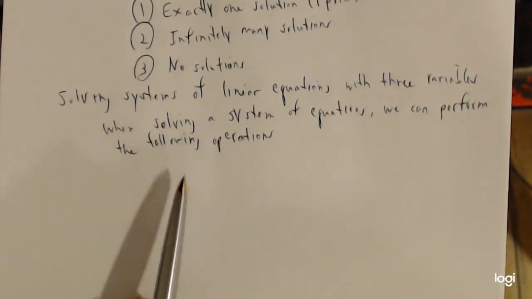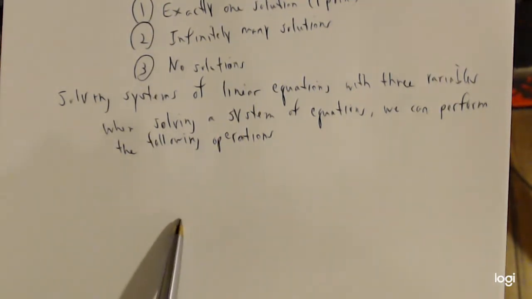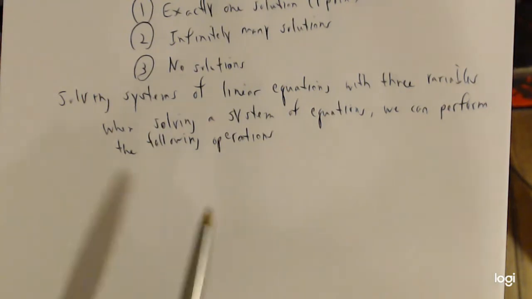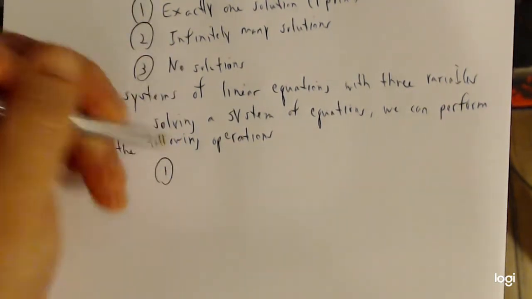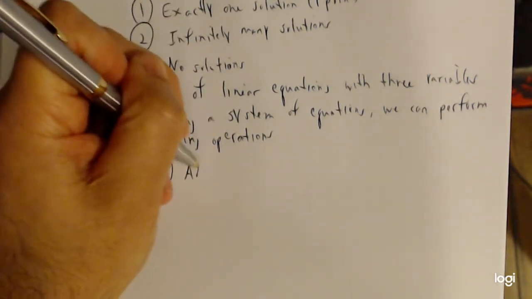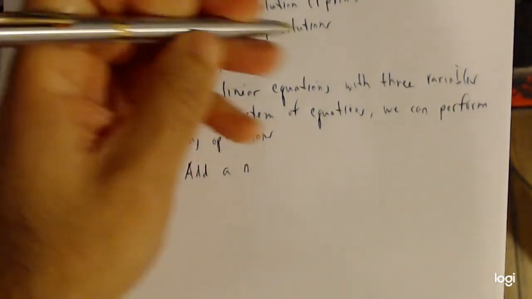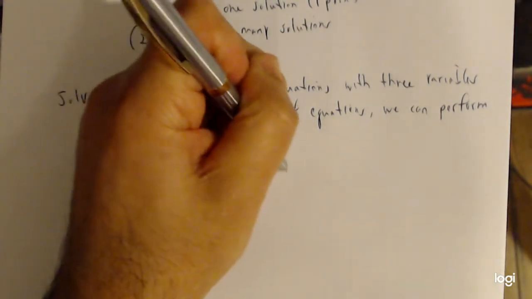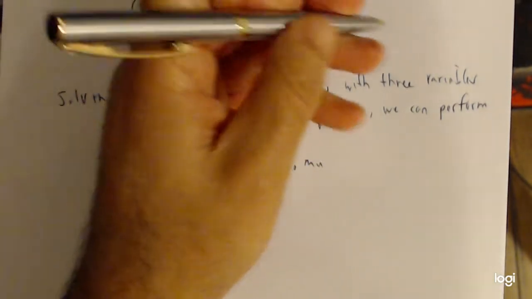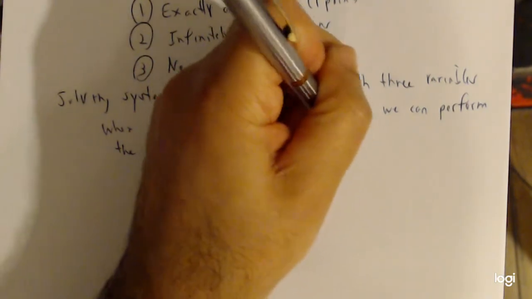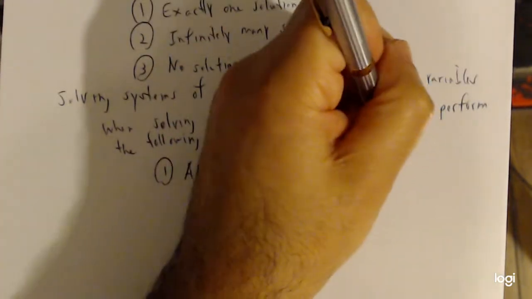And these three operations that I give you right now will still leave the solution, or make the solution consistent with the original system. So these are operations that we can perform on the system of equations that will not change the result of the system of equations. So one possible operation we can perform is what? We can add a non-zero multiple of one equation